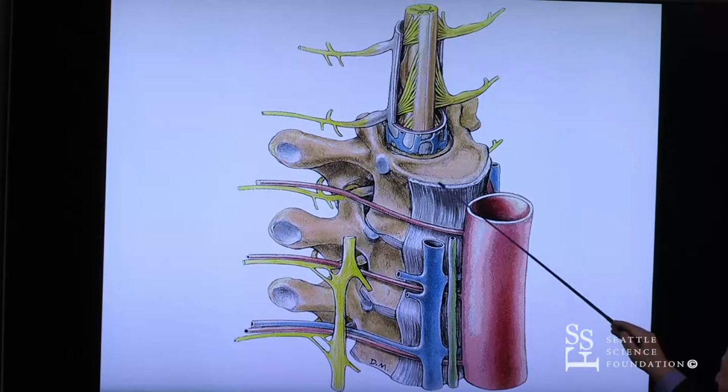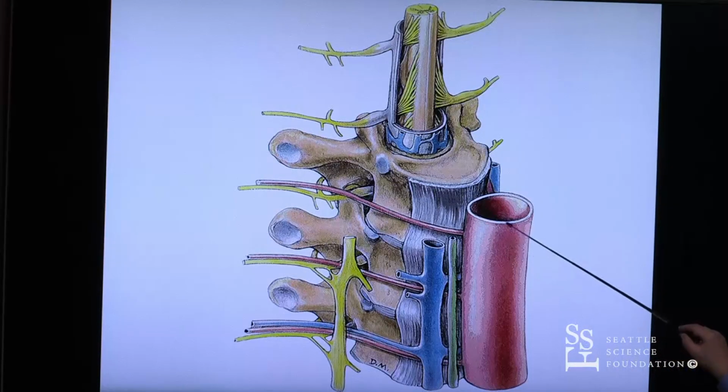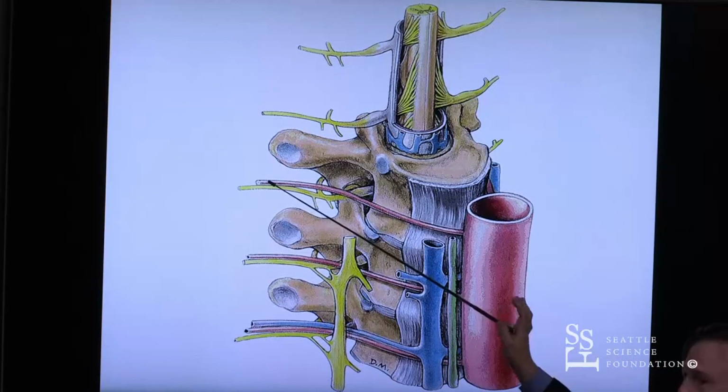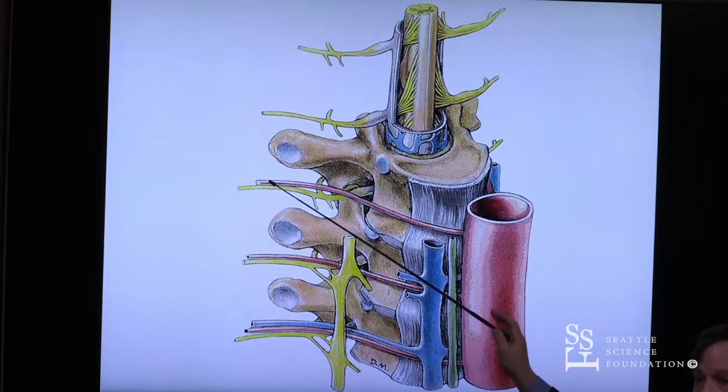We see a vertebral body, so here's our anterior longitudinal ligament. This would be the aorta in the thorax. So we have these posterior intercostal arteries that come back, and these are destined to go to the back, right? So they'll supply the back muscles,